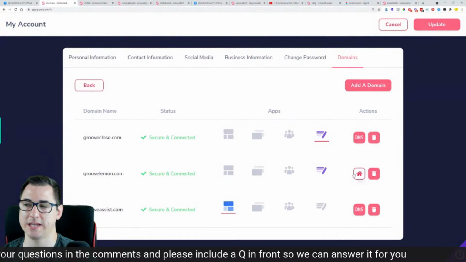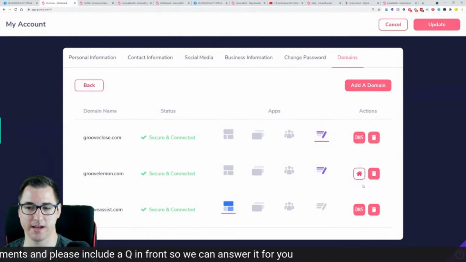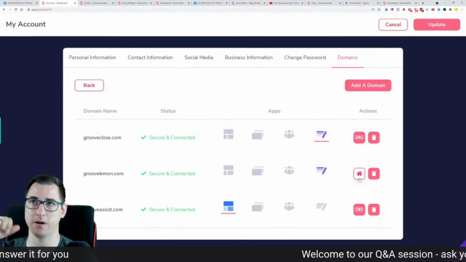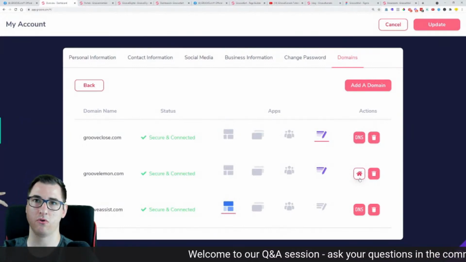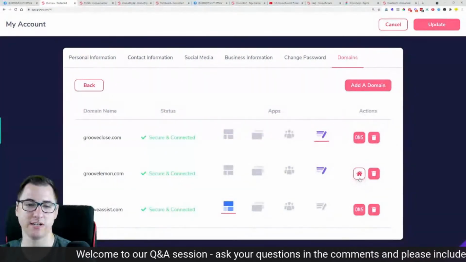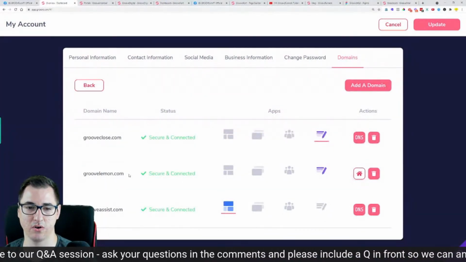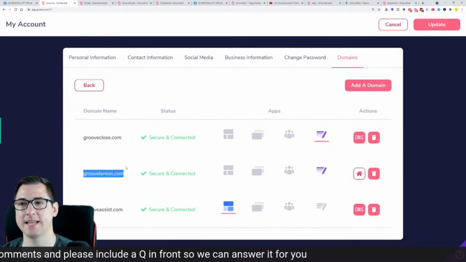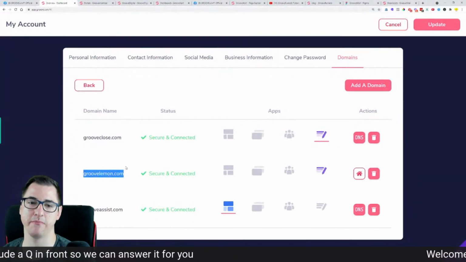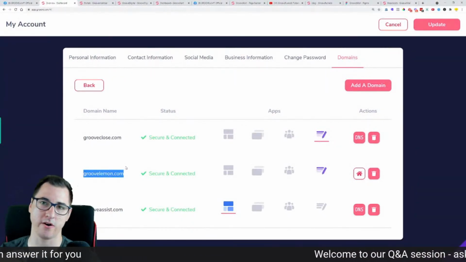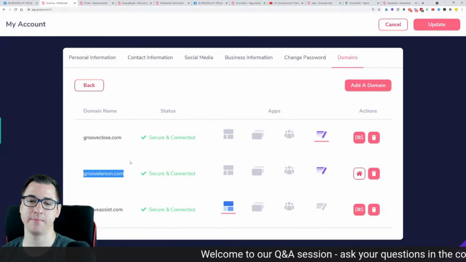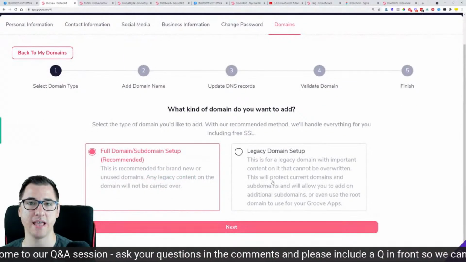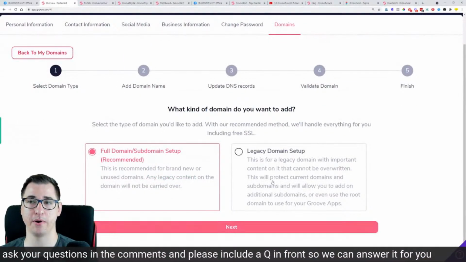The domains which you can see here with a nice little house icon, this is where the domain is coming from outside, from Cloudflare or Bunny CDN or a WordPress hosting platform that you may have, or somewhere else. This domain is hosted somewhere else, but I want to use it with Groove. Now, the problem is that before we only had subdomains set up for domains hosted elsewhere. We added on finally the root domain setup as well, which we call the legacy setup. We had this setup previously, and then we improved upon that.